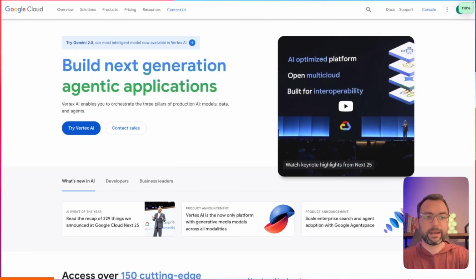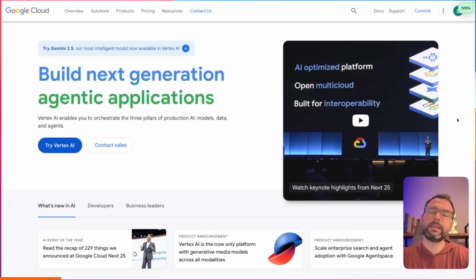Now, what we need to do next is, if you've never created a Google Cloud account before, you're going to want to go ahead and sign up to create an account. It should be completely free to do. If anything, you might need to hook up a payment method. It's not going to charge you anything, but you might be asked to connect a payment method just so that you can access some of the newer features. You won't be charged until you run anything, so don't worry about that, but just wanted to point that out